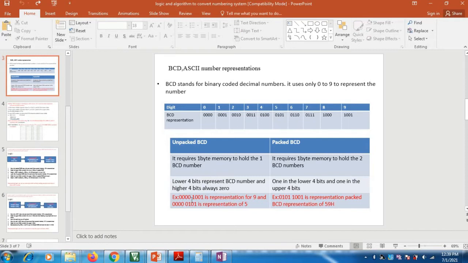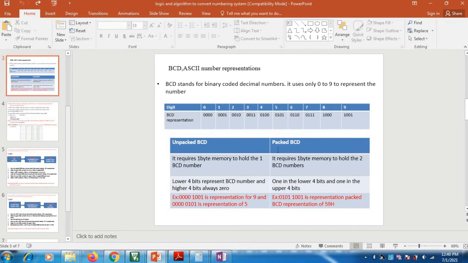For example, the unpacked BCD representation for 9 is 00001001. The higher 4 bits are always 0 and the lower 4 bits represent the particular digit. Similarly, for 5 it is 00000101.